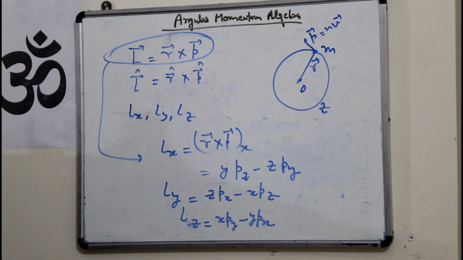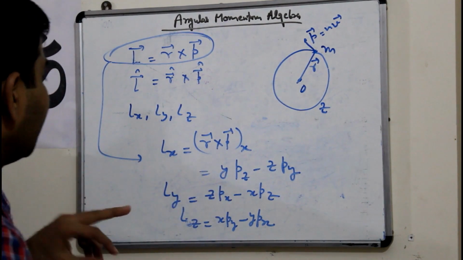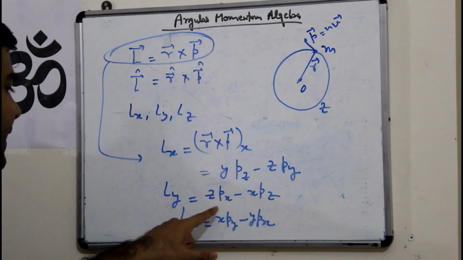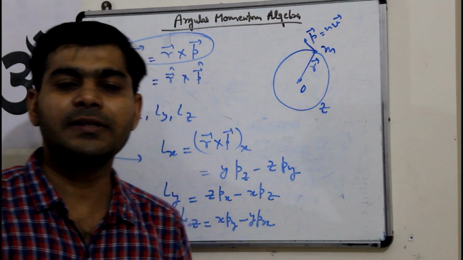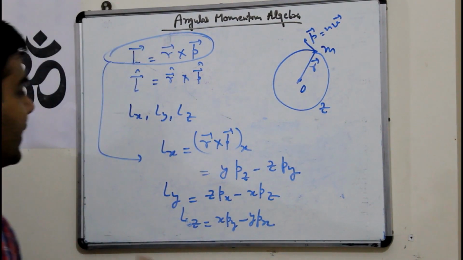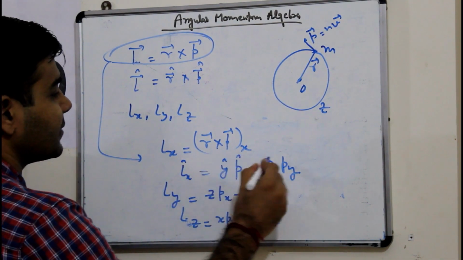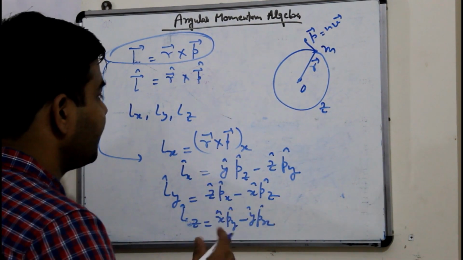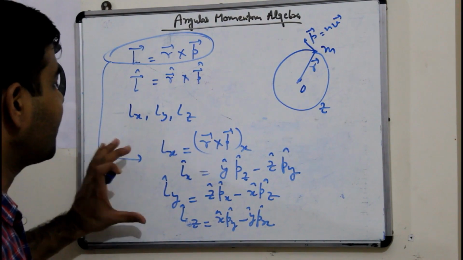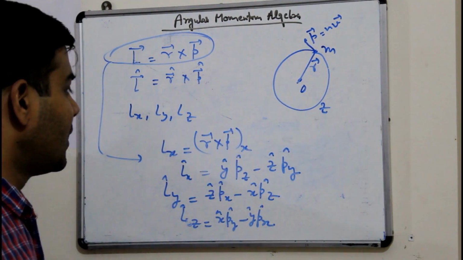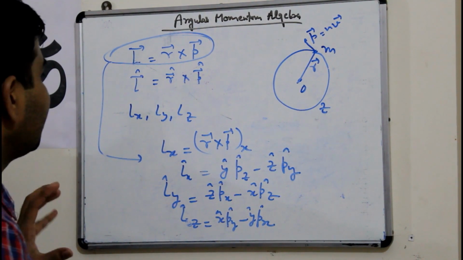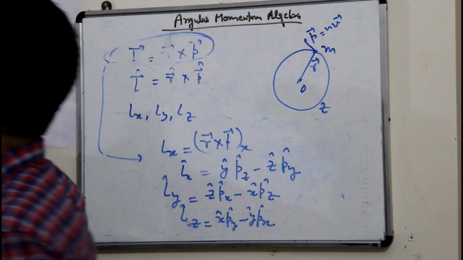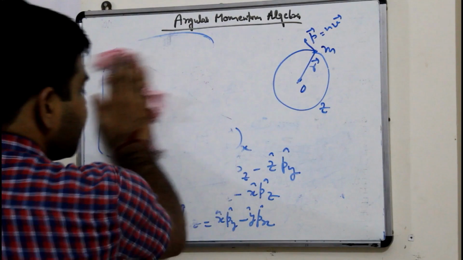Alright. Now in quantum mechanics, since all these quantities y, z, px, py, pz, Lx, Ly are observables, they are operators. So if I write this relation in quantum mechanics, it will be written as this, the quantum analog of the same classical expression that we just wrote. Now the question is, what is the commutator of Lx and Ly, for example? If I start asking this question, what is the commutation relation